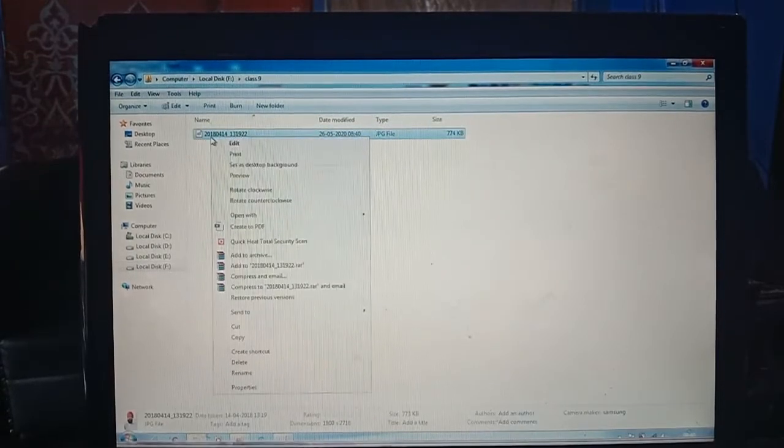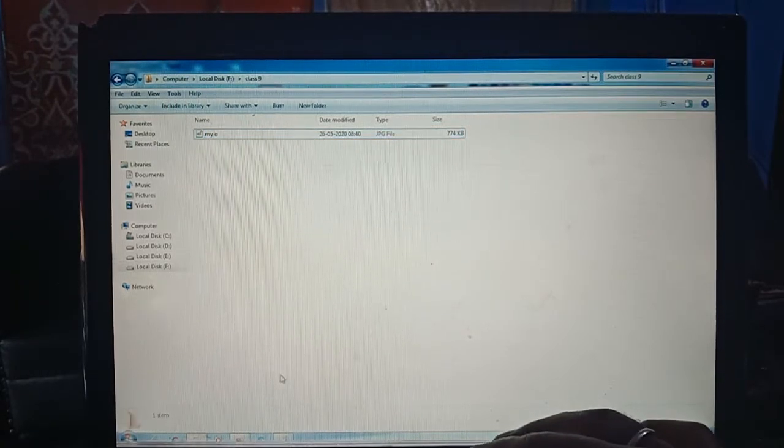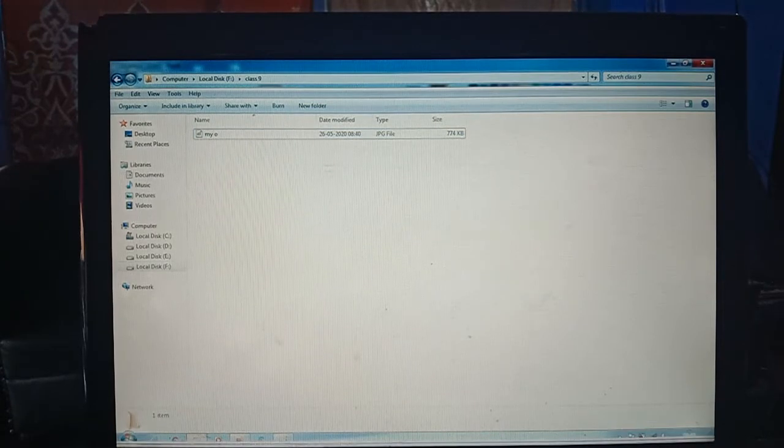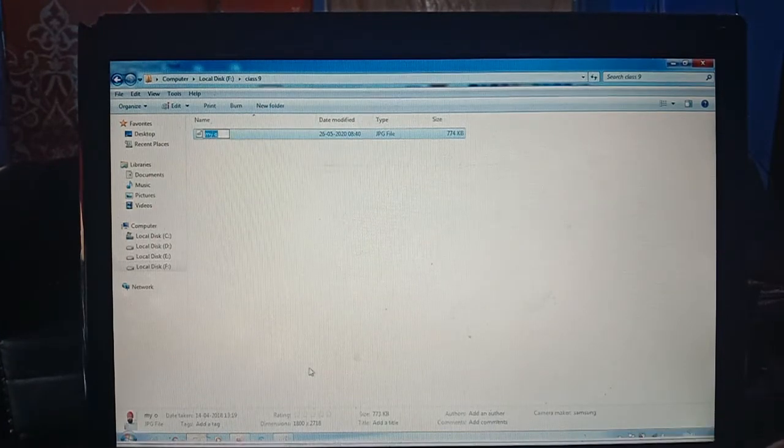Right click over it, select rename, and we can give the name mypic. Keyboard is not responding properly. Okay, now this picture is saved with the name. So creating and renaming, changing also.